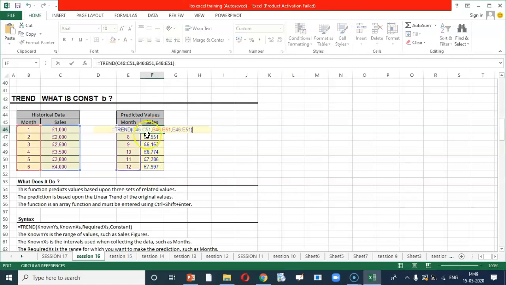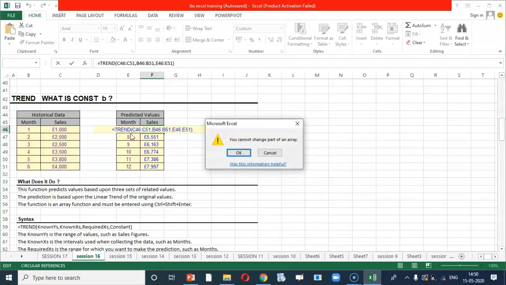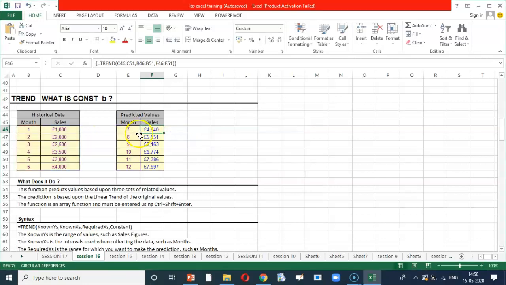is trend. And the syntax runs like this: equal to trend, open bracket, cover the range which has the sales figure, comma, cover the range which has the months figure, comma, cover the range such as months for which you want to make the prediction, and close the bracket and enter.